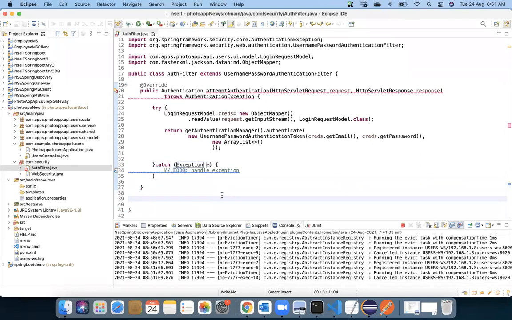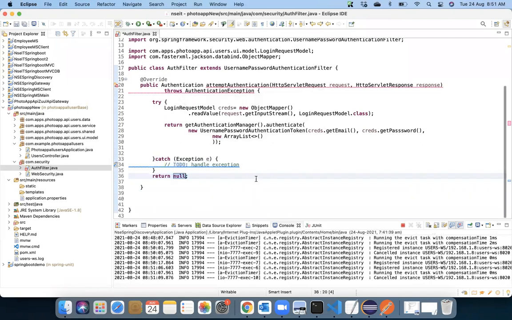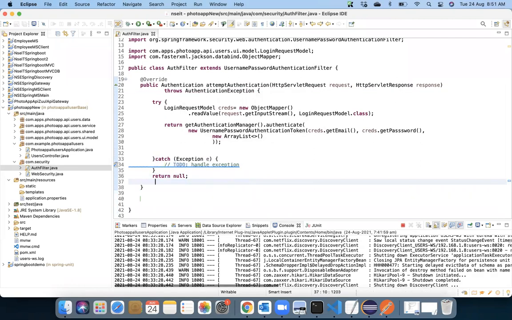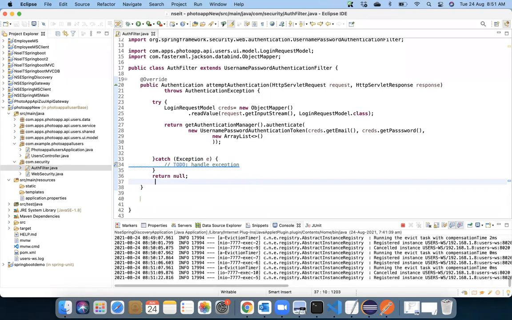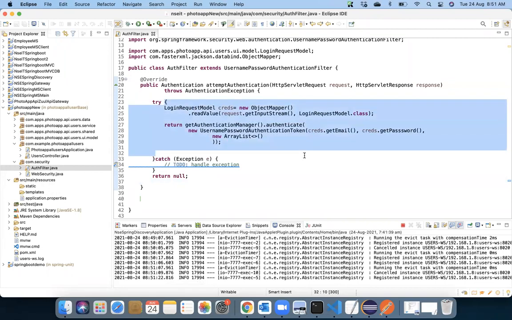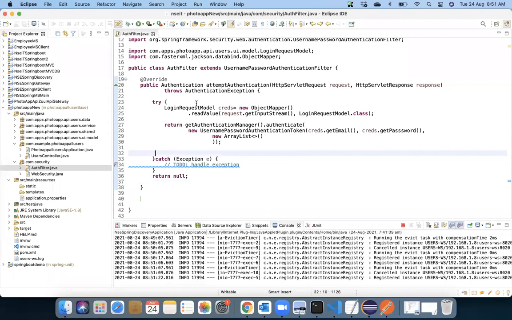Please try and check once you have written the code. Please get it and let me know once the code is ready. I'm waiting for all of you to finish this code and let me know, because this will be responsible for performing the necessary authentication by taking the username and password. And these are the predefined models. You talk about ObjectMapper, it will be reading the data from the JSON in the form of an input stream and putting this value into the LoginRequestModel.